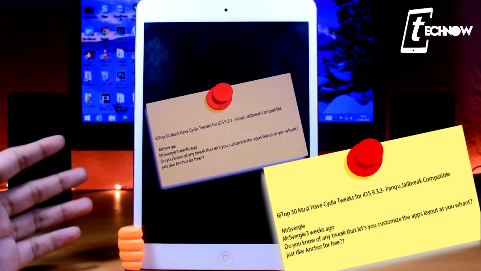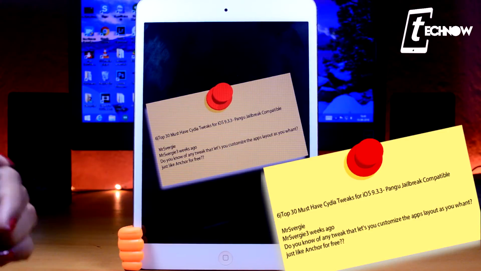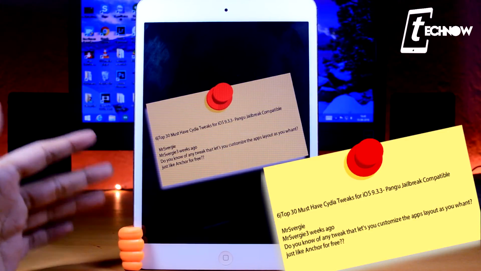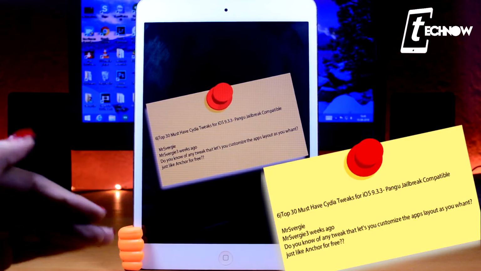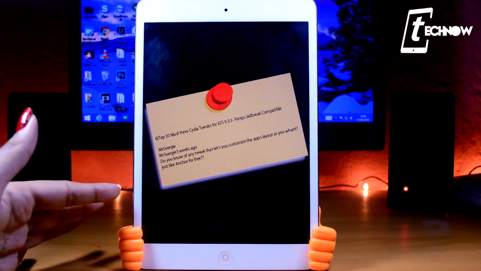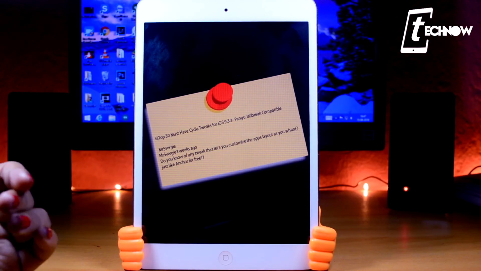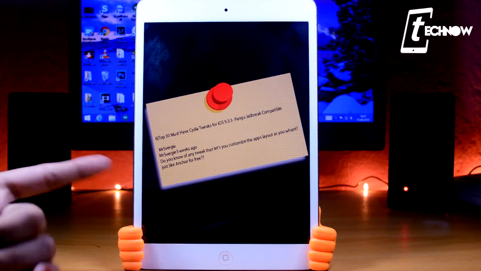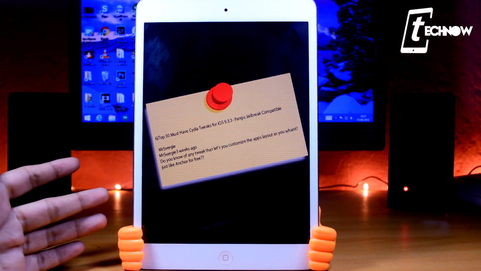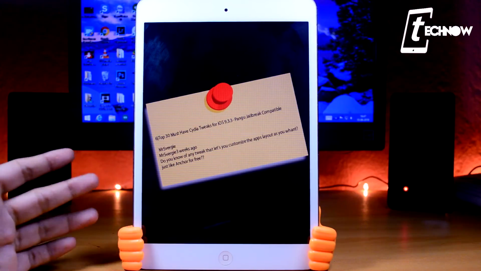We have a video which we uploaded on this channel and the link is given down below. So from there you can just check how you can set any of the icons anywhere on your iOS device screen. But that is basically for the non-jailbroken devices. It is an alternative to GridLock, which is similar to Anchor. Any jailbroken device user can use that too. So you can just try that.